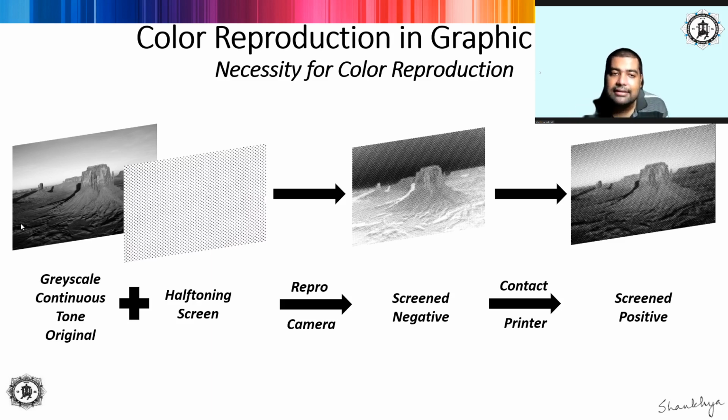But in case of highlight area, a lower number of dots are there, it will receive less quantity of ink and it will be perceived by us as the highlight area. Okay, optical density will be less and it is perceived as the highlight area. Okay, so this is all well and good.